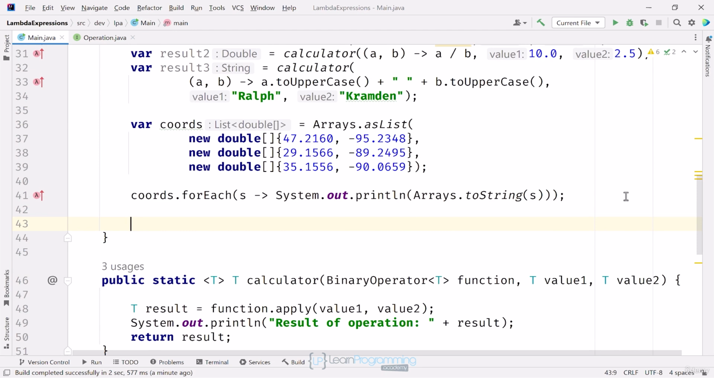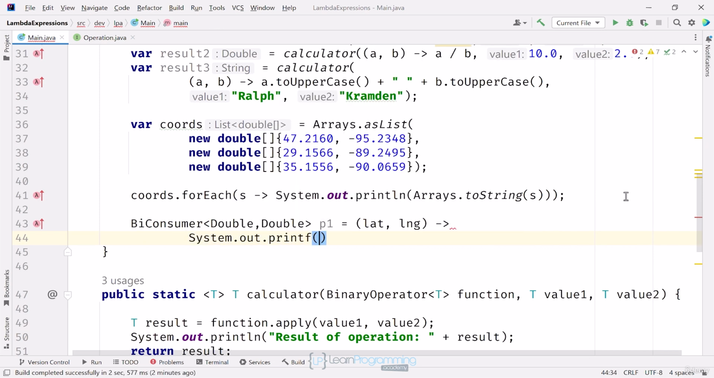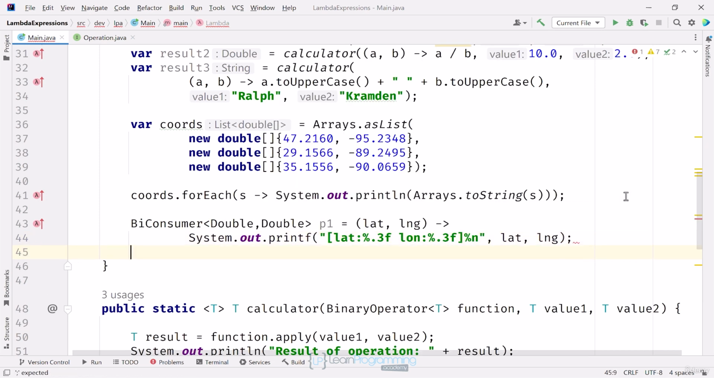I'll set up a variable with a reference type BiConsumer and the same type arguments, both Double. I'll call that p1 and assign it a lambda expression. My lambda takes two parameters, so I'm calling those lat and long, and then I'm going to print out my coordinates in a nicely formatted way using the printf method. If I run this code,